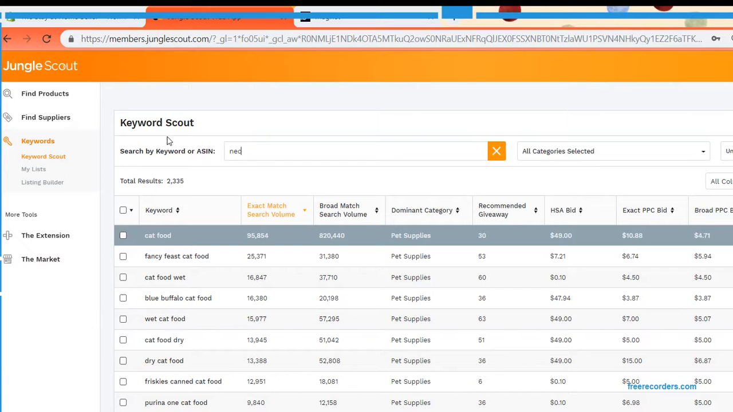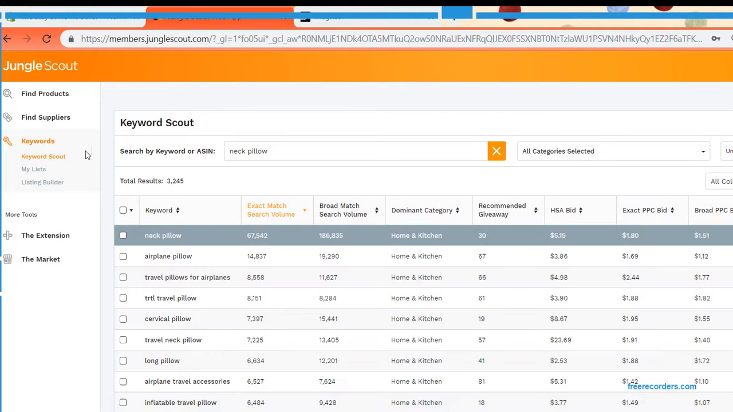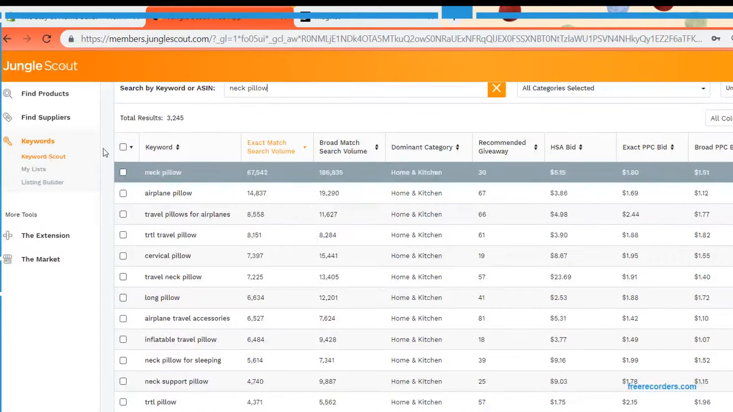So let's do neck pillow again. I suppose really we should do travel neck pillow. Give it a click, and it will pull up similar information again to Viral Launch, except the difference is, personally, for my eyeballs, for my brain, this layout is much clearer and much easier for me to work with. You've got your keywords, you've got the exact match estimates, you've got the broad search estimates, the categories,